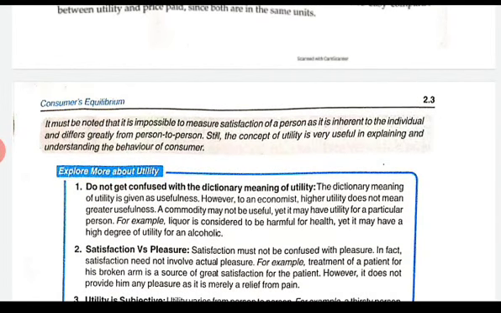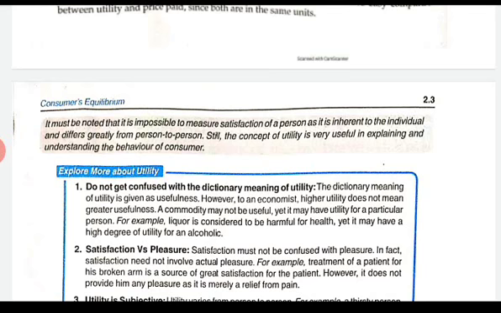But it must be noted that it is impossible to measure the satisfaction of a person, as it is inherent to the individual and may differ greatly from person to person, isn't it? Satisfaction we can't measure, and it also depends on the person. What satisfaction one person gets is totally different from what satisfaction another person gets. So the concept of utility is very useful in explaining and understanding